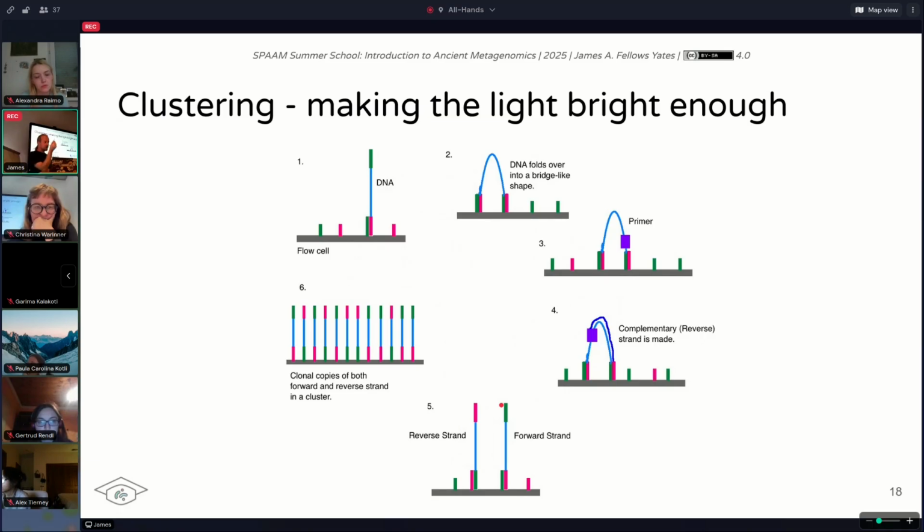So all at the same spot on the flow cell is lots and lots of copies of the same molecule. So it's basically a concentrated area of copies. And then you cut off one of these ends, so you have all the same sequence in one place. So now in your cluster,